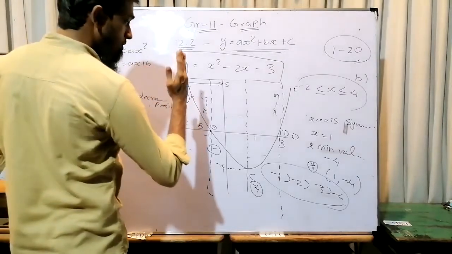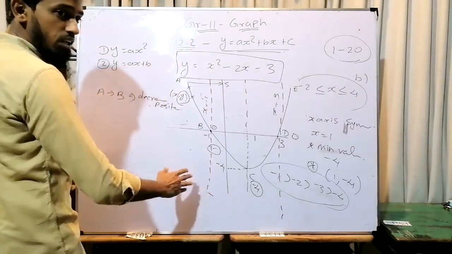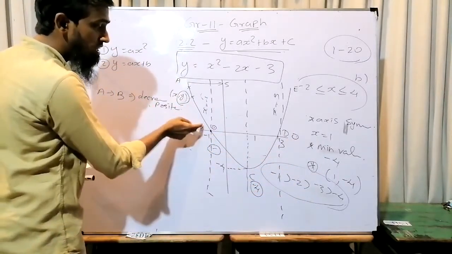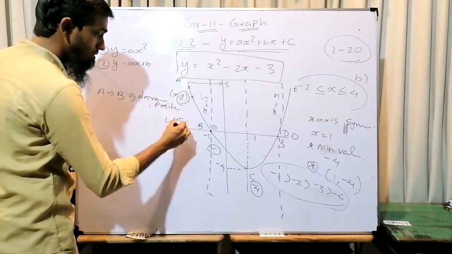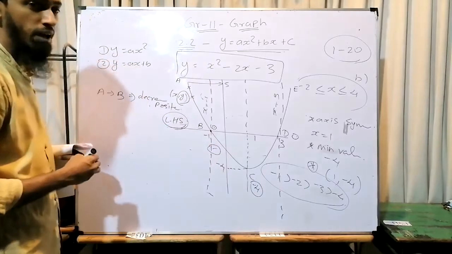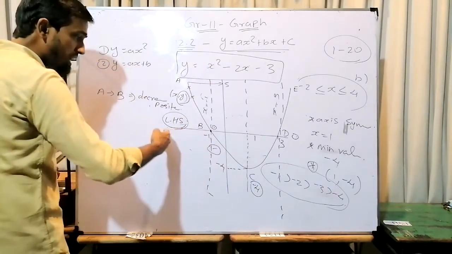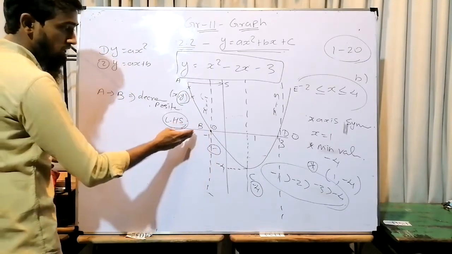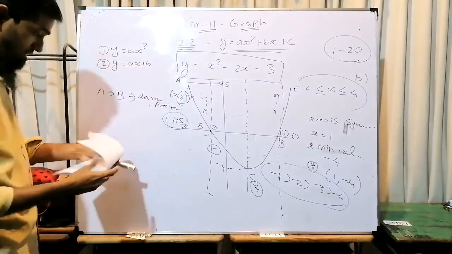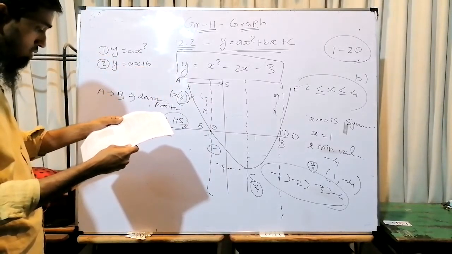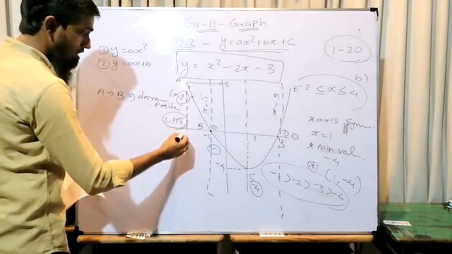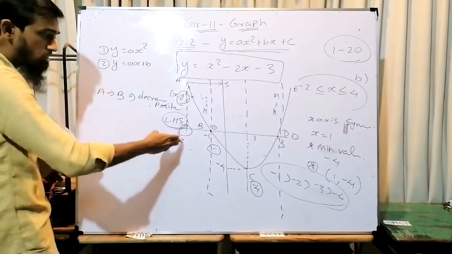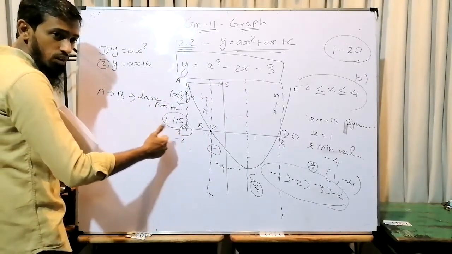So when you draw a straight line, you get a right hand side and left hand side. A to B is in the left hand side of this straight line x equal minus 1. So what about the left hand side values of x? x less than minus 1. The coordinate of A is minus 2, minus 5. Is that correct? So the values of x are less than minus 1.